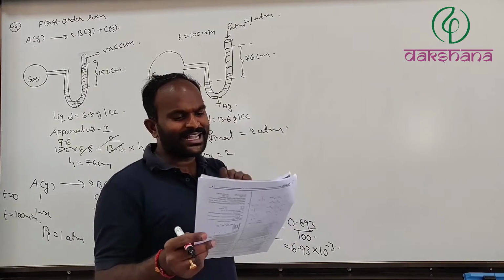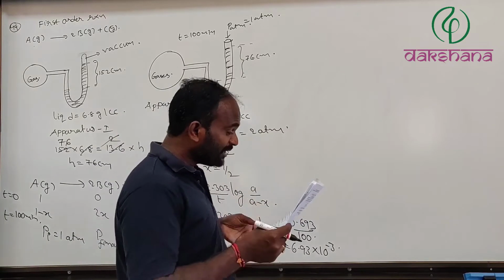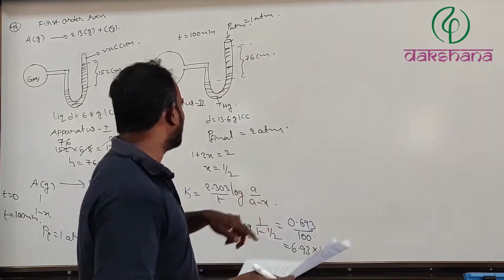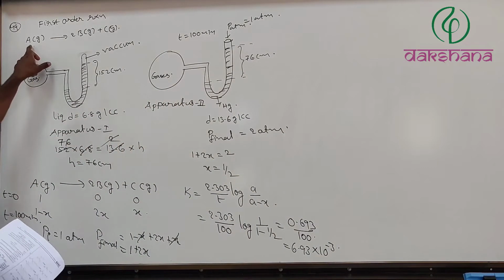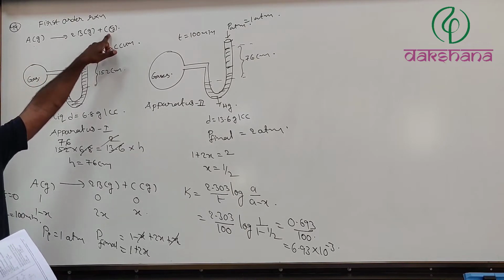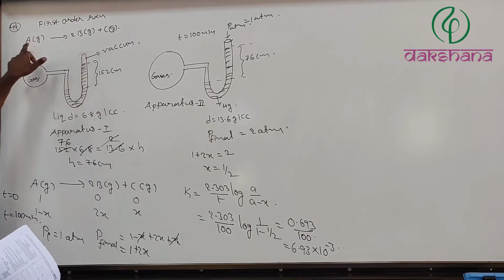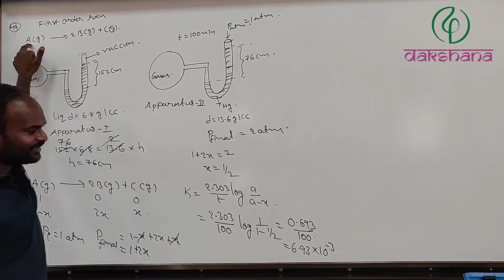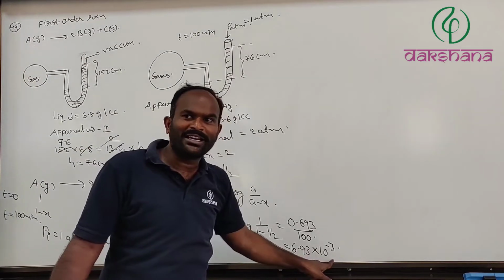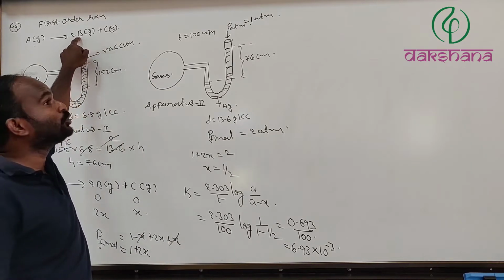But the thing is, they are not asking the rate constant or the rate of appearance of A, sorry, they are asking the rate of appearance of B. If you see the reaction, A is disappearing, 2 times of B is forming, 1 time of C is forming. Therefore, the rate of B is 2 times the rate of disappearance of A. Therefore, if the rate constant for disappearance of A is 7 into 10 power minus 3 minute inverse, definitely the rate of appearance of B is 2 times that.